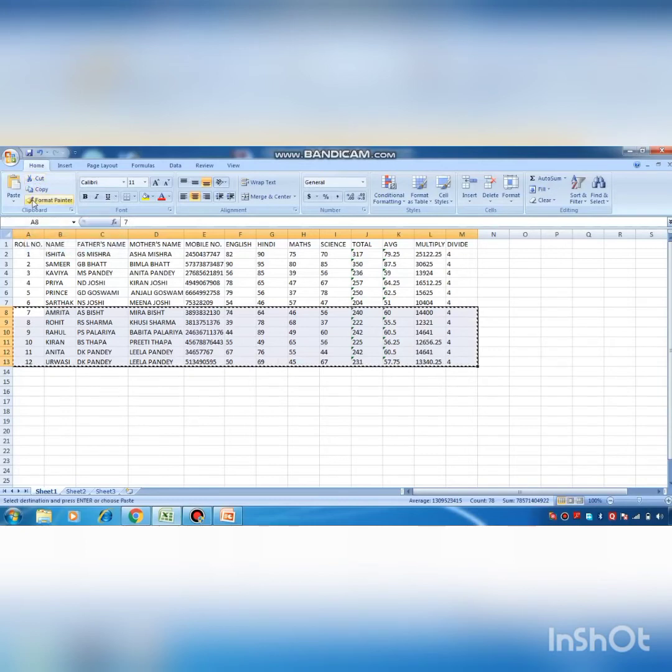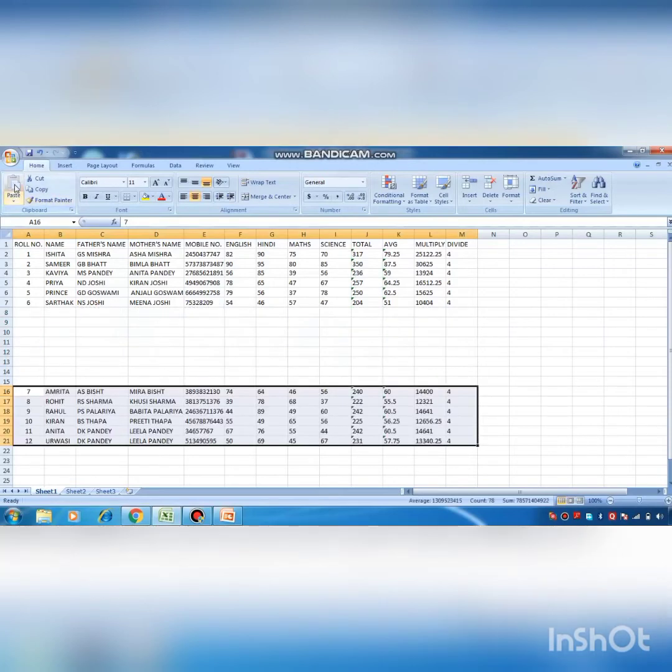Here you see a dotted rectangular box appears around the selected range. Now you select the destination cell where the values are to be moved. Suppose I want to paste it from here, I click on the cell and select the Paste option like this. As you have seen, the whole data from 7 to 12 is pasted here.